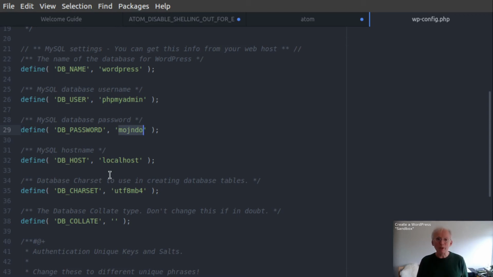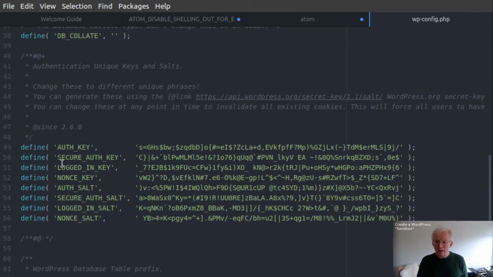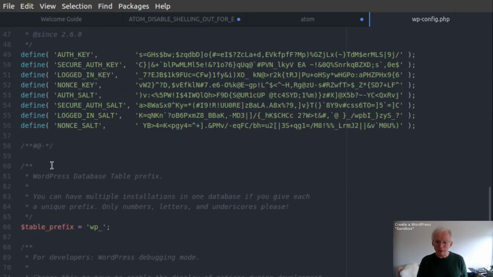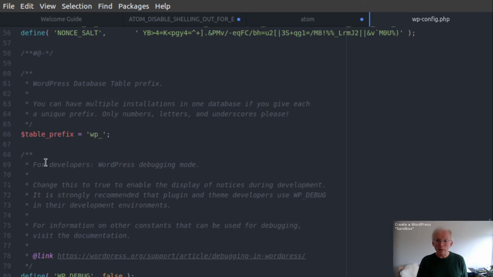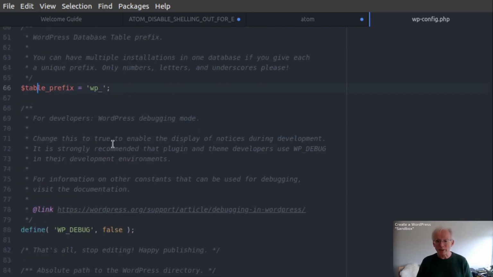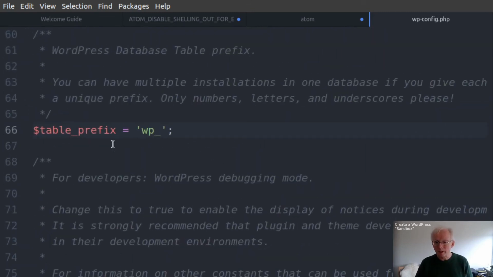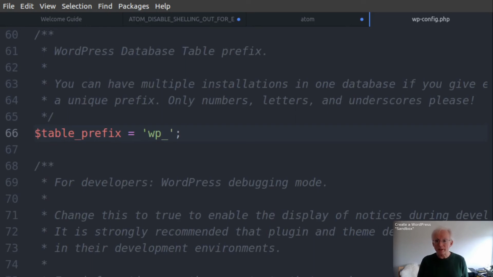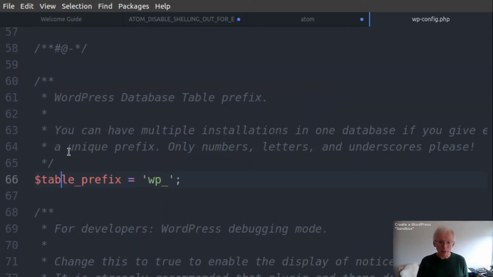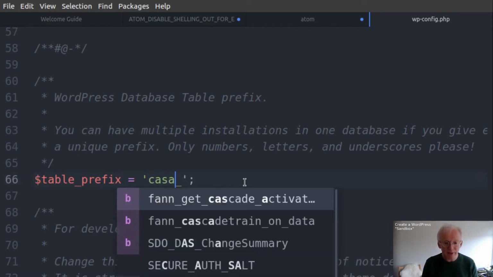But there has to be one addition though. You can leave the salts as they are. The line we are looking for is this one. This is a line that says that we want to give a prefix to the tables. So in order for the new WordPress to create a new database, the only thing you have to change is this. You could write case